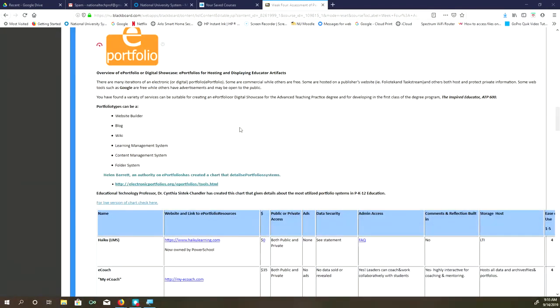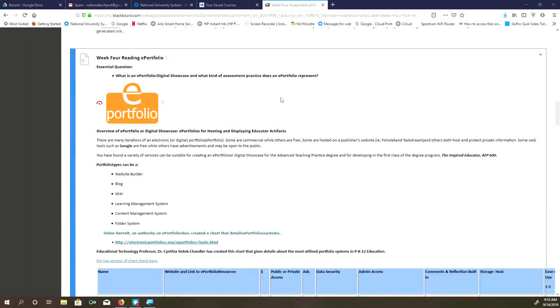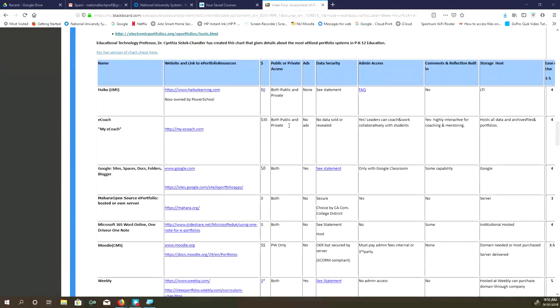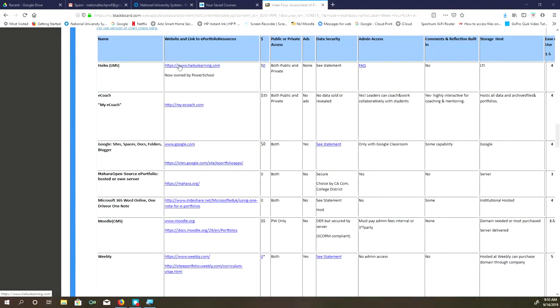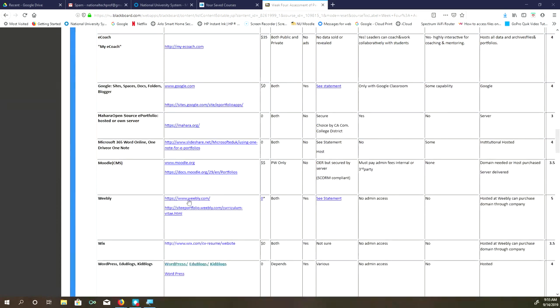Okay, and then when you're talking about your e-portfolio, moving on to that next, there is some information on e-portfolios, and then some links to areas where you can create your e-portfolio. One that I've used in the past is Weebly. This is a good one. You can just design your e-portfolio as a website, essentially. I can show you an example of my website so you can get an idea. It's not made in Weebly. Mine is actually made in Google Sites, but I can show you what my site looks like, so maybe you can get an idea of how things can be organized. So I'll go there.